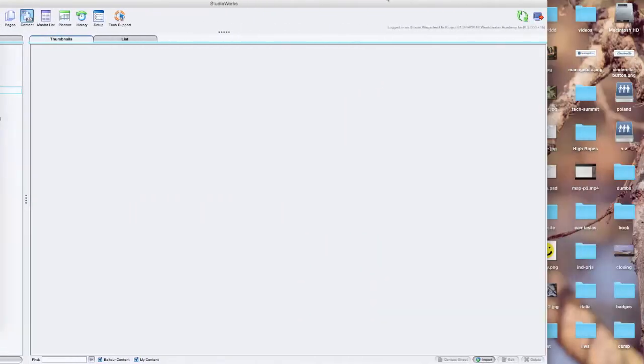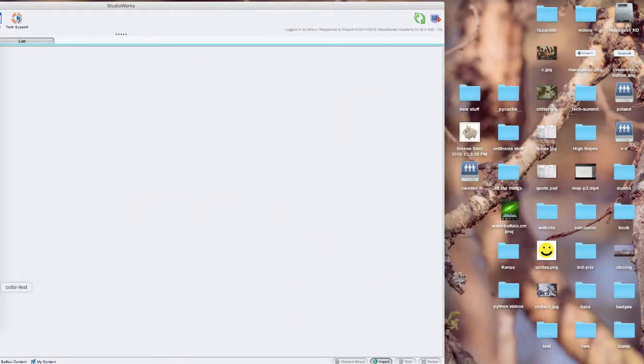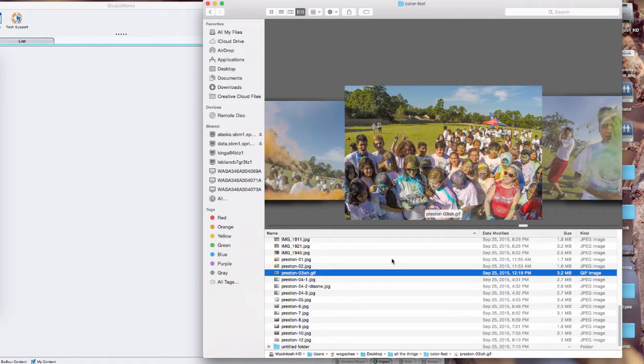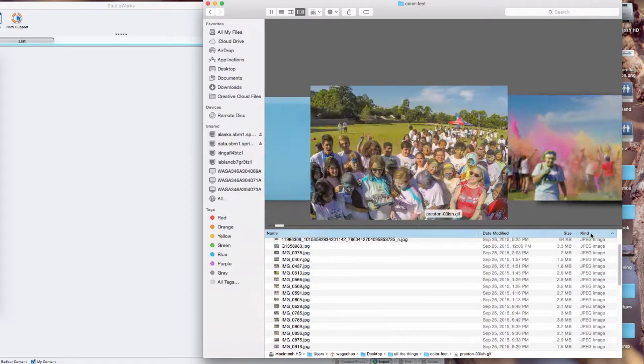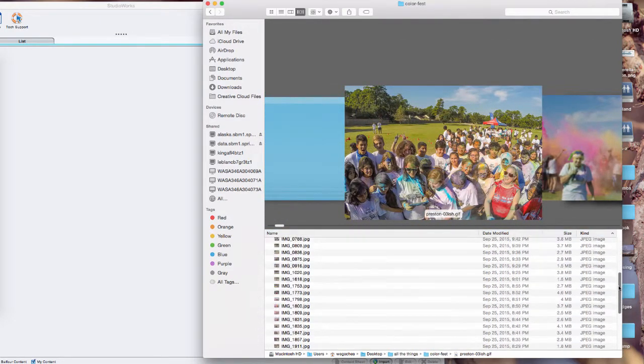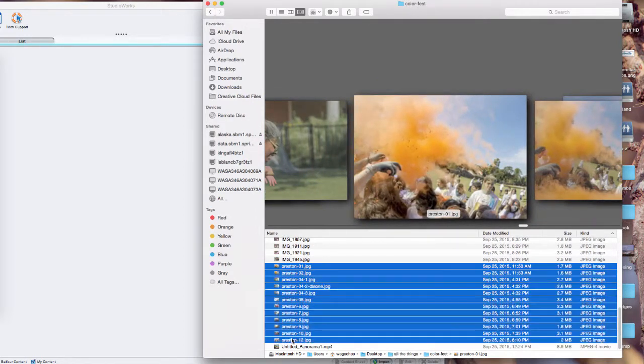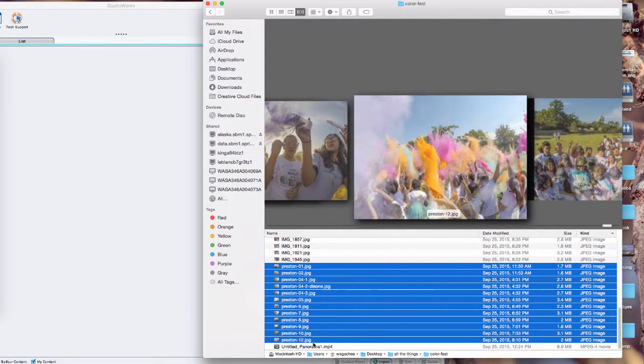Now if you can't figure out where you put it, what you can also do is take the photos that you want to upload in your Finder window like here, and I can grab them. I don't need this one because it's a GIF, and that doesn't work for printed material. So I'll make sure that I have just the JPEGs and not the MP4, because once again, not for printed material. I'm just going to drag them over,